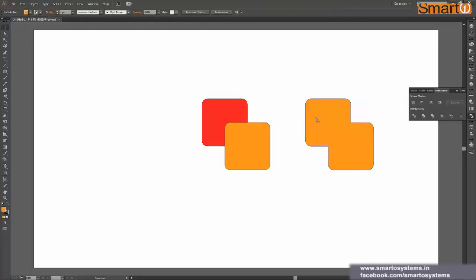So here you have achieved something like this after performing a unite operation, and I'm gonna go ahead and select my shape builder tool by pressing Shift M, and this time I'm gonna drag from the red rectangle to this orange rectangle, and once I release my mouse, you can see I have achieved the same result. So here I have performed a unite operation using shape builder tool. Now let's see,